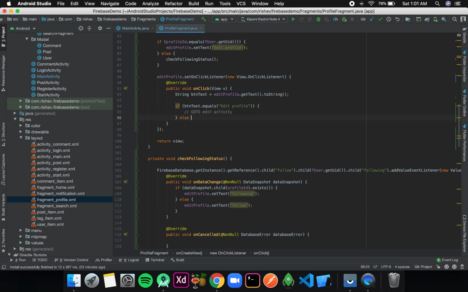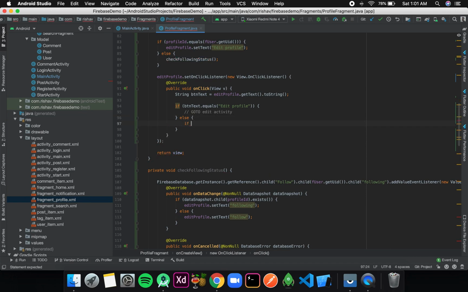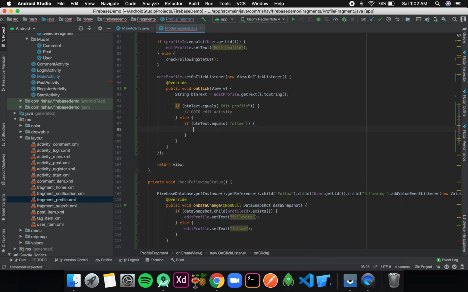Okay, and if that is not the case, that means the text is either follow or following. So according to that we'll add queries to our database. Again I'll write if buttonText.equals("follow"), that means the user is not following already and wants to follow.